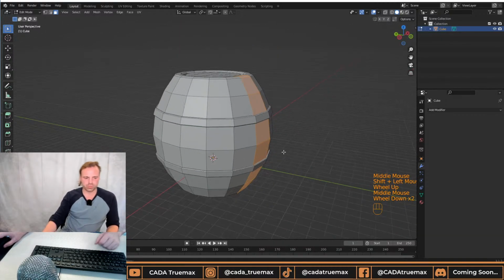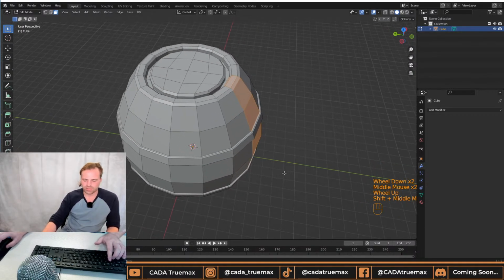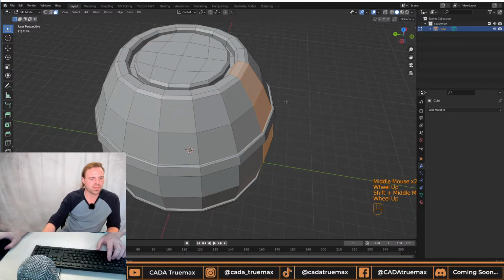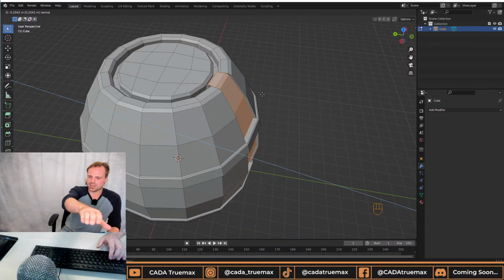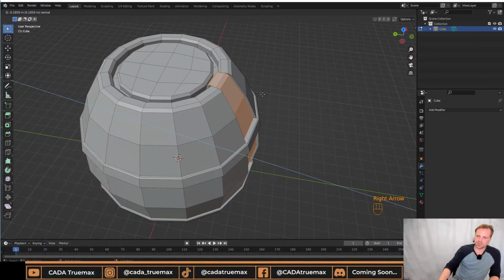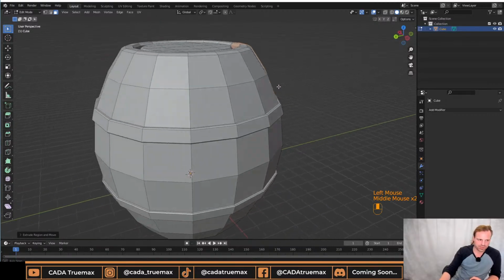Boom, boom, boom, boom, boom, boom. And now, with this face, not loop, because it's not a loop anymore, we're not selecting all the way around, we can then extrude it by simply pressing E to extrude. And you can see that I have a blue line across my screen, and this is the local Z axis,